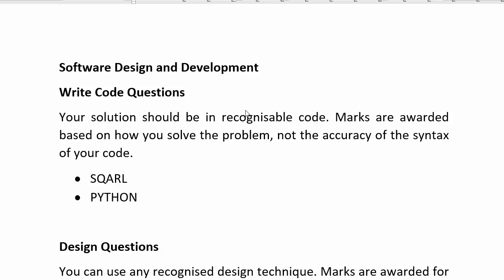So what I thought I would do is look at the SQA when they gave out some guidance. I thought I would take you through what each bit, well, what I think each bit means. I've created a couple of examples as well, just to really take you through just the software. But I'll do one for computer systems, although there's not much in terms of, it's pretty much anything computer systems